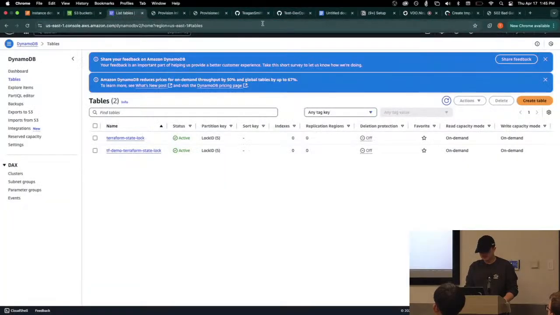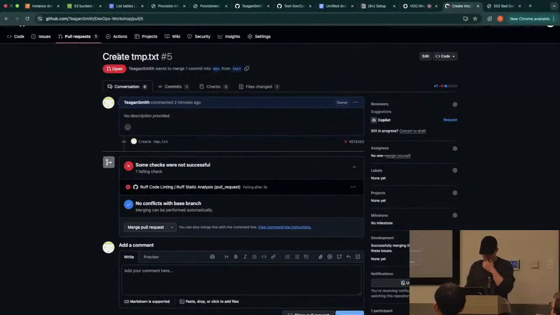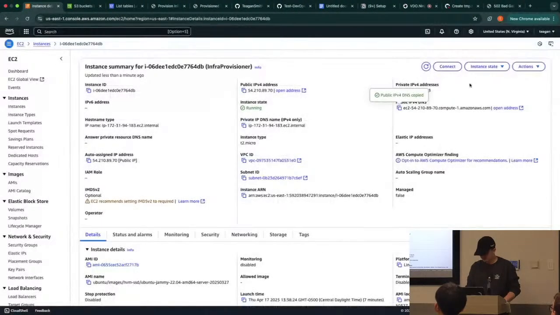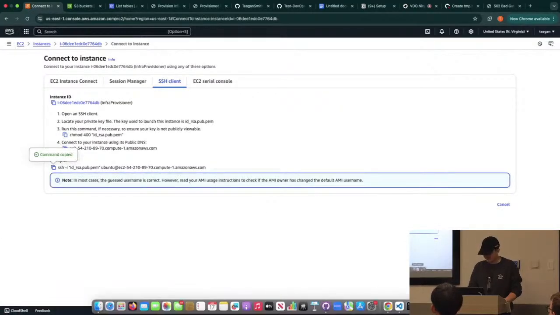I apologize, folks. I put a lot of work into this prior, and this is not going as well as I had expected. But if you guys want to see what DevOps really looks like, this is what it looks like. Building something that you think is going to work perfectly, and then when it matters the most, it fails, right? And so now you're on a time crunch to be able to fix this properly, right? So live here, we're going to see if we can go in here and try to fix this.